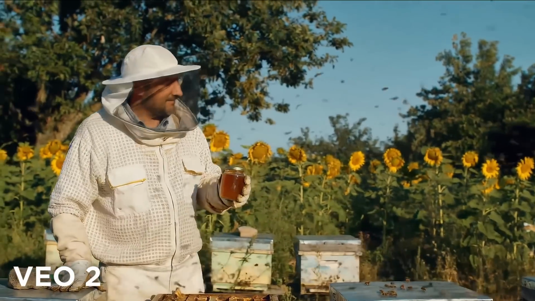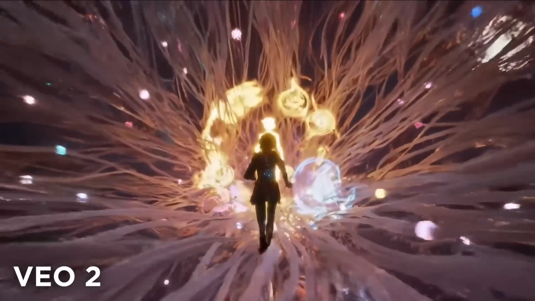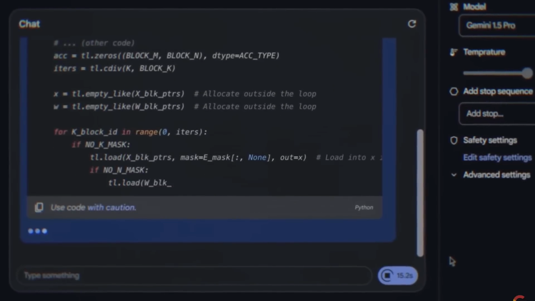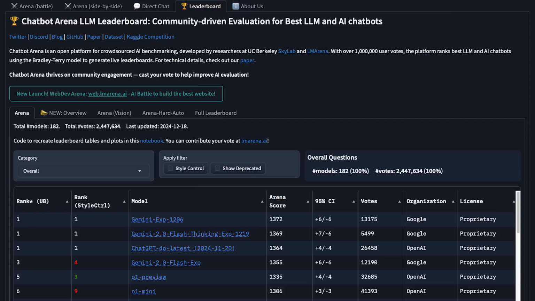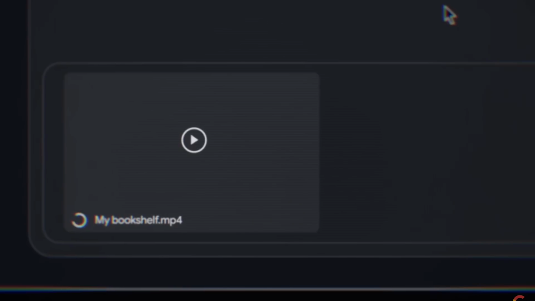Veo 2 is among the leading pack of video generators from everything we can see here, and their upgrades to Gemini Flash, with, by the way, the rumors of a brand new experimental Gemini Pro, currently again topping the leaderboards of LMSYS Arena. Once they release that, they're amongst the top players in the market amongst imaging, video, small models, large models. They're the best with context windows and video upload, and they're cooking up interesting things left and right,